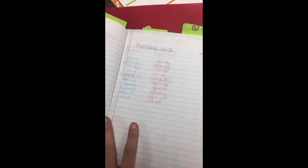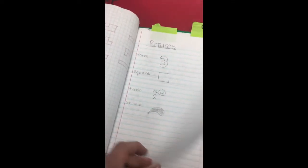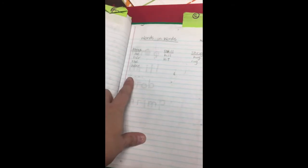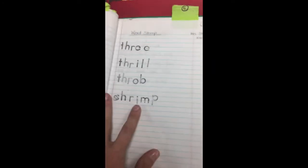So we went through this and talked about this packet today. Syllable sort, and then letter sort, and then rainbow write, and then configuration. And then draw a picture to match your words. And then column B has write a pyramid of your words, write your words in words, then a word stamp, and then column C, write your spelling words, and then circle the chunks, which is a